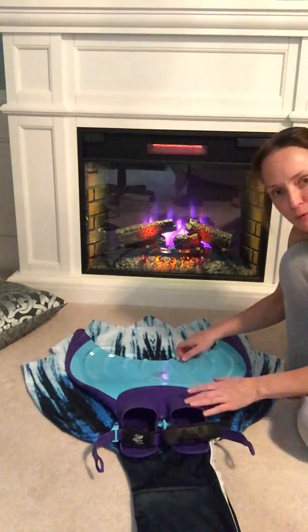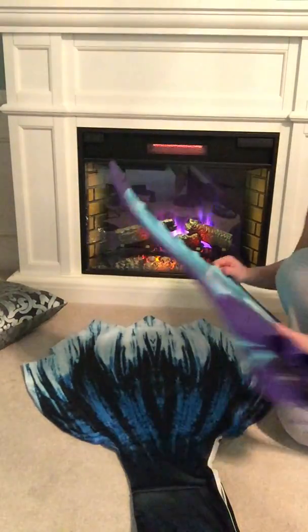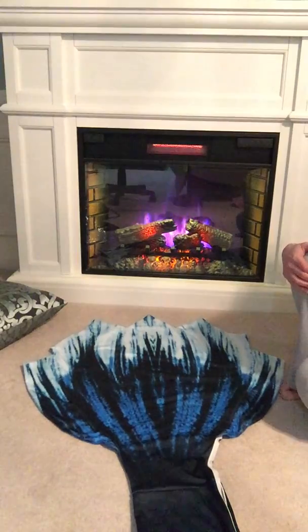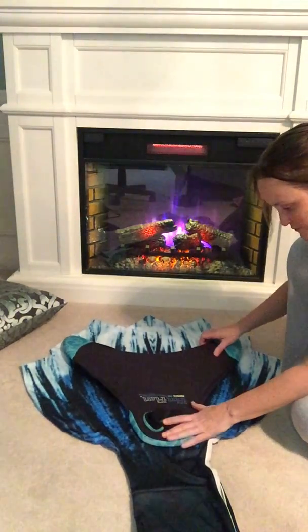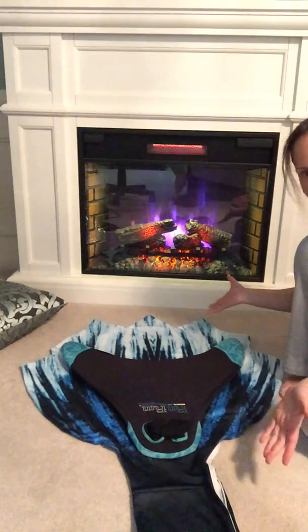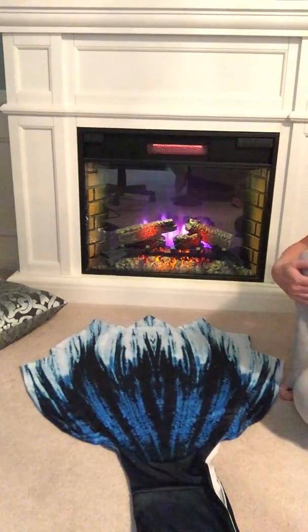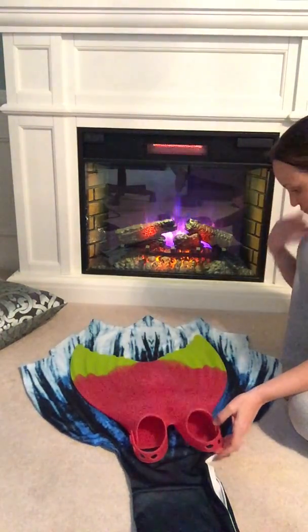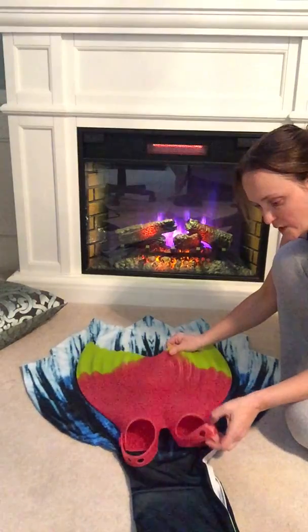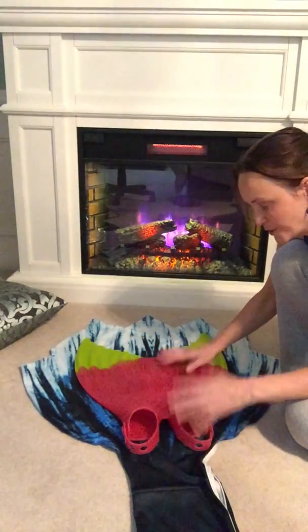That will fit. This will probably be the largest tail we can fit in this as far as for a monofin. So, and if that fits, of course we know Fin Fun, it's a Monofin Pro, easy fit, so that one will work. And my smallest one that I pulled for this would be the Luna. It's a Finis Luna. All the Finises are kind of on the small side, so they pretty much all should